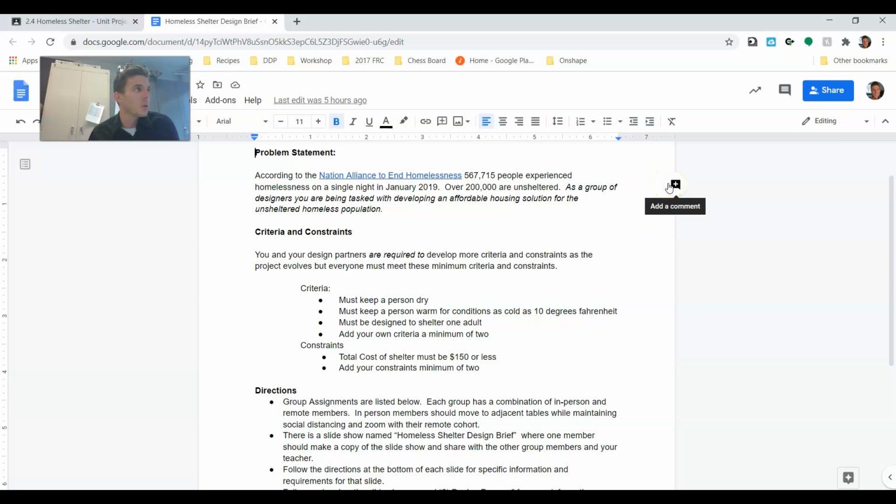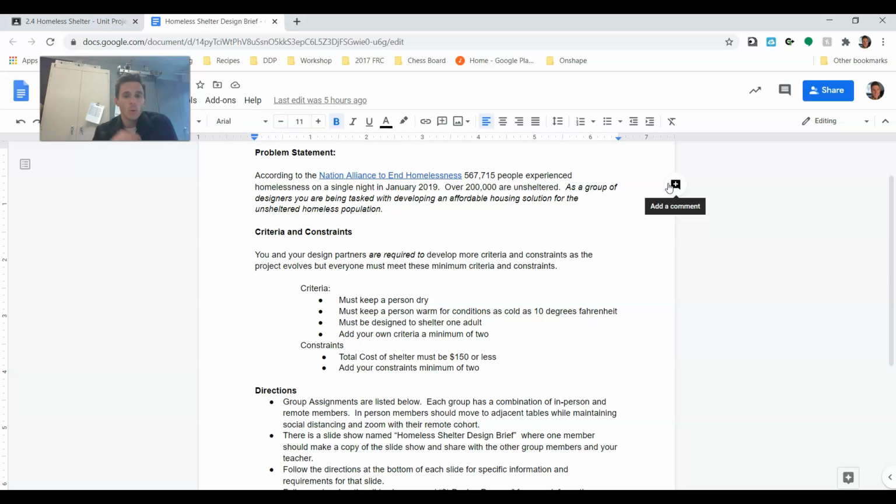Now, when we're talking about warm, when you're talking about living on the streets, warm isn't necessarily what we consider warm to be at the house. I would say that if you're able to keep this shelter somewhere in the 50-degree range, even if it's 50 exactly, that's a pretty good place to start, right? And of course, our bodies produce heat. So if we're able to insulate these structures, this is going to help out quite a bit. Again,